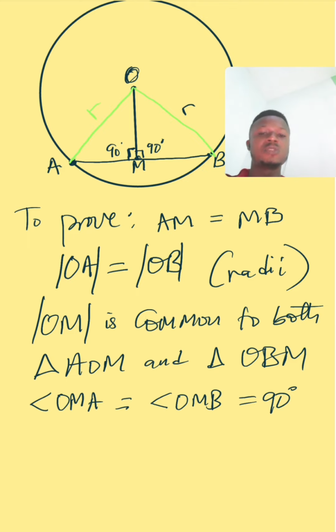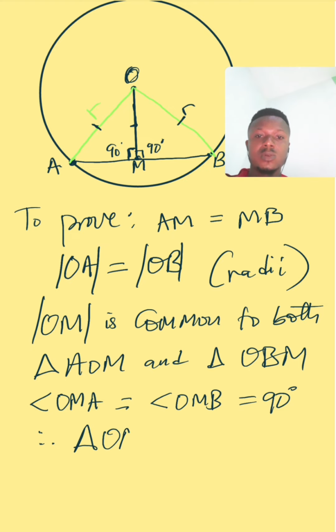So if these two triangles on both sides, one at the left and one at the right, have common radii, they have common sides, hypotenuse, which are equal, they also have a common side here, this length, and they share the same angle, 90 degrees. That is to tell us that both triangles are congruent. Therefore, you can conclude that